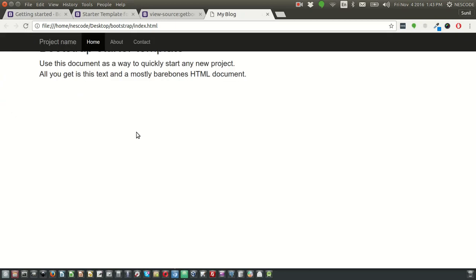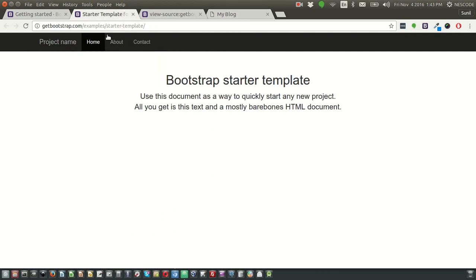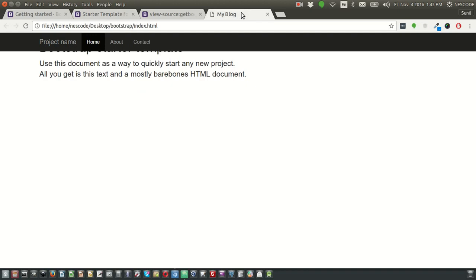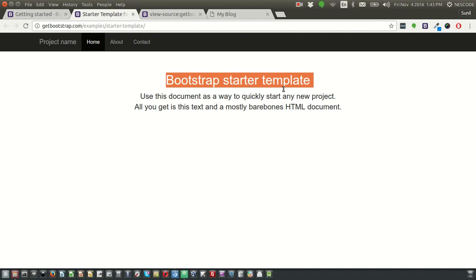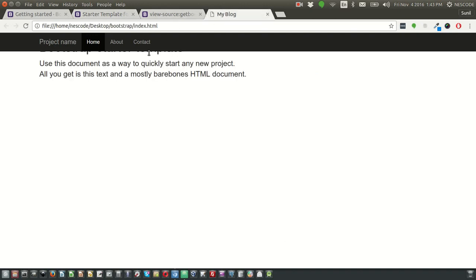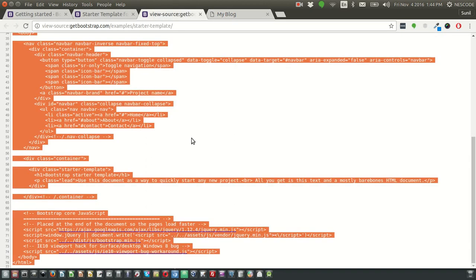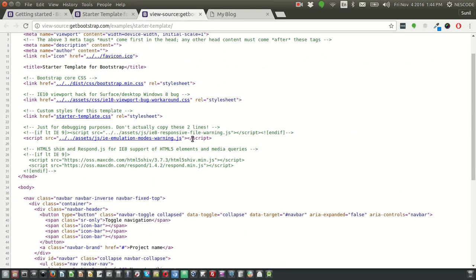It comes very close, right? We have the navbar as we have in our template, and we do have the content. But you can see our header is going inside the navbar. Our header is here in the template, but it's going inside. How to fix that? If you go inside the source code of the template which you had downloaded,